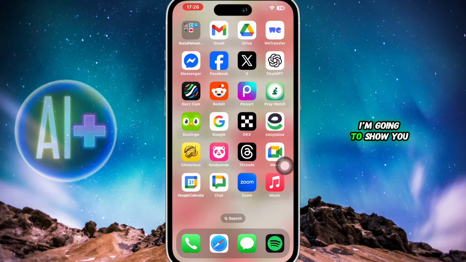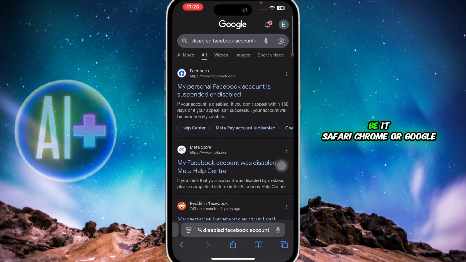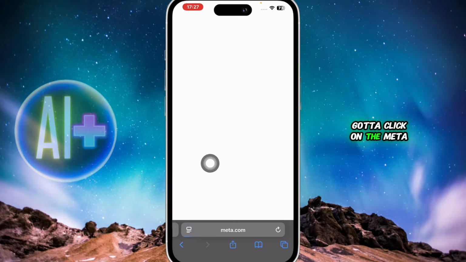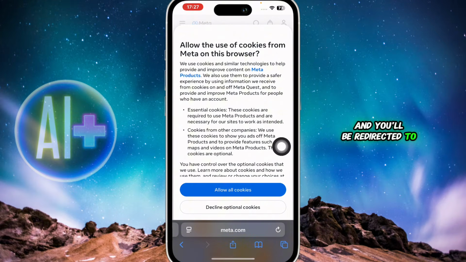In this video, I'm going to show you how you can recover your permanently disabled Facebook account. So let's get started. You've got to first of all head over to any of the search engines, be it Safari, Chrome, or Google. And then you've got to search for disabled Facebook account recovery. Click on search. So you're going to click on the Meta Store one and you'll be redirected to an interface like